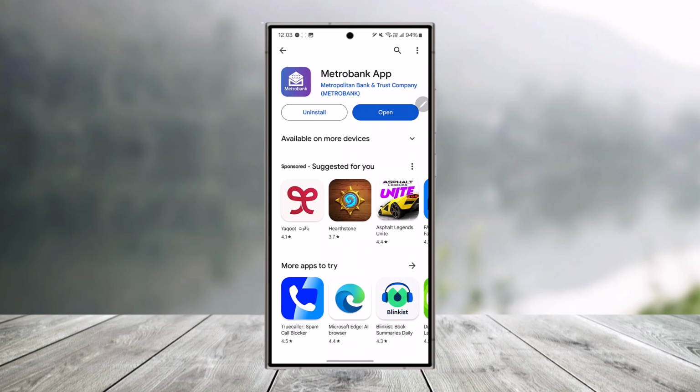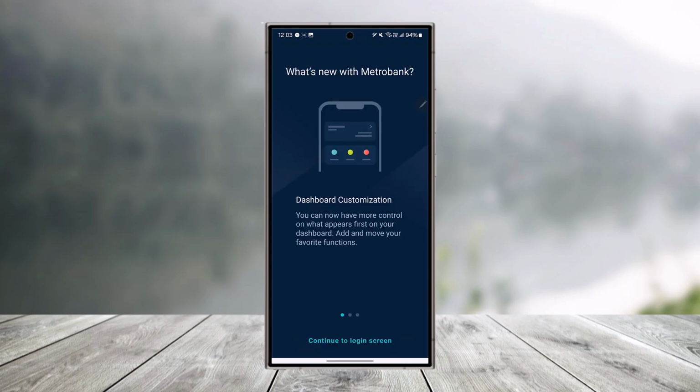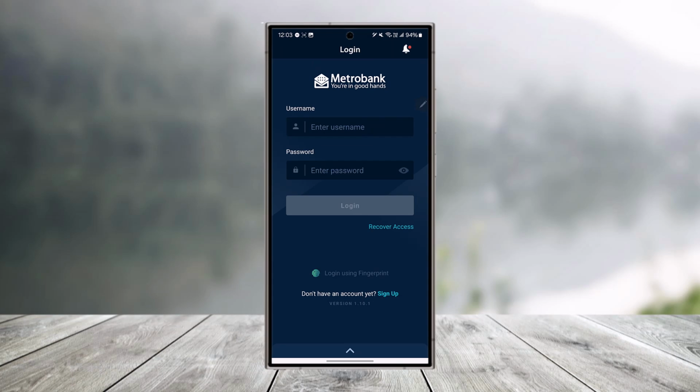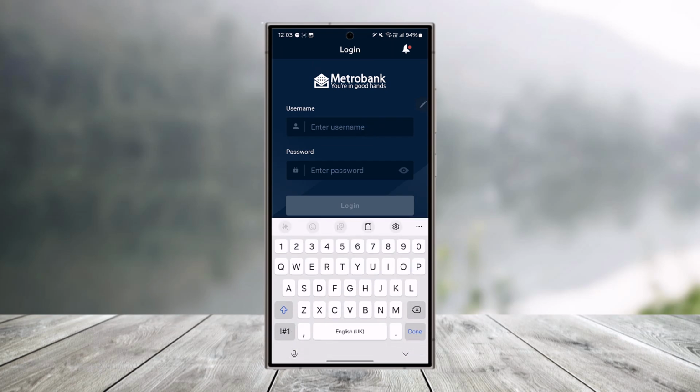So once you make sure that you have downloaded the respective application, you want to simply go ahead and then open the Metrobank application. From the bottom, you want to first of all make sure to continue to the login screen by tapping on it. Then all you have to do here is simply make sure to enter your name or your username, and once you enter your name or your username over here and then you log into your respective account,